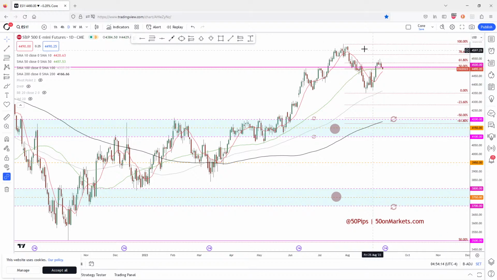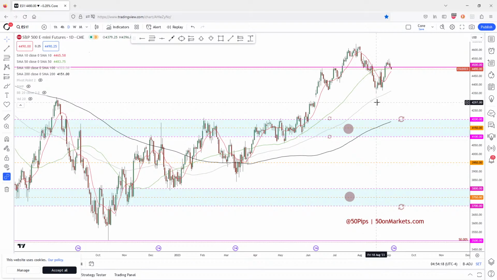So here, what you want to watch on the ES is, as long as, especially on data, this comes back and trades and can hold above the 4,500, ideally also into the weekly close, which is a nice weekly pattern, then the risk is for the market to try and rip, try to go back to all-time highs, try to fill this gap towards 4,600. But if it can't, this really opens a lot of gap fills lower, right?